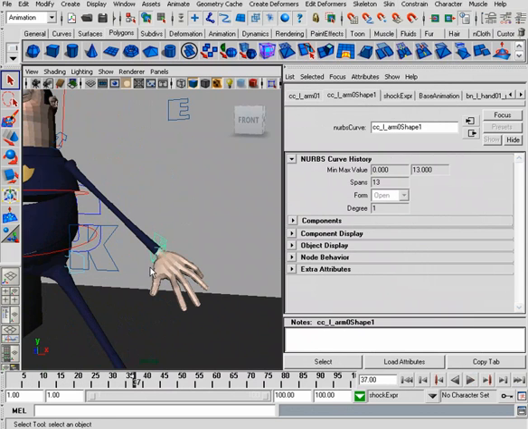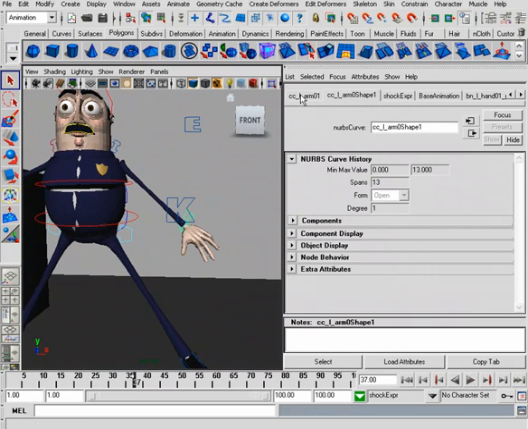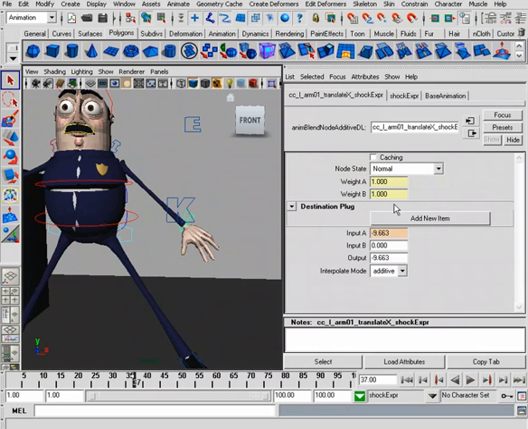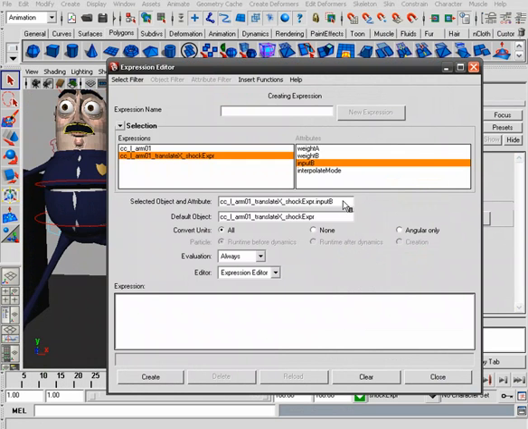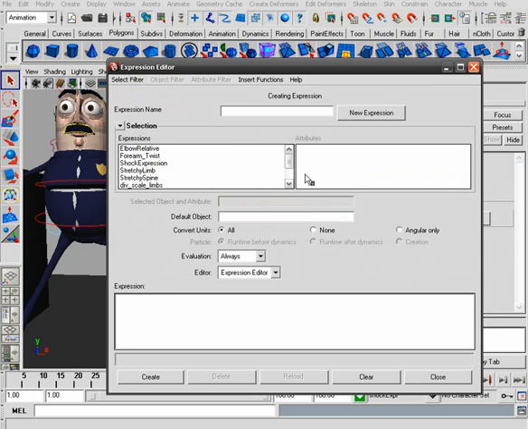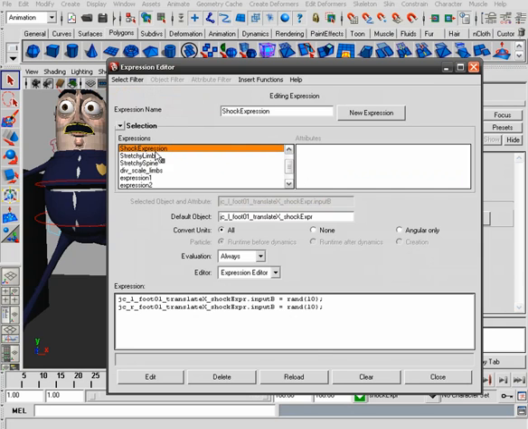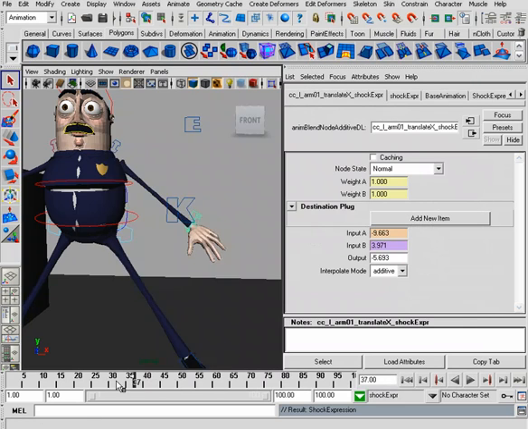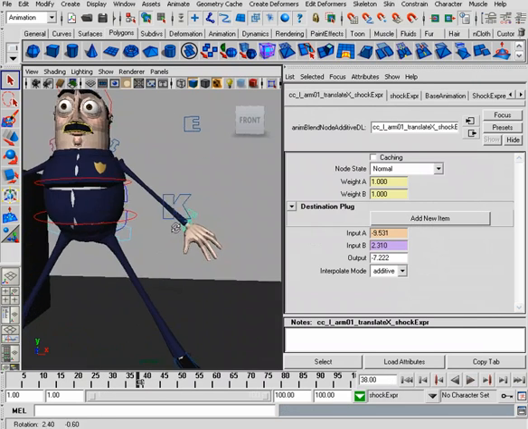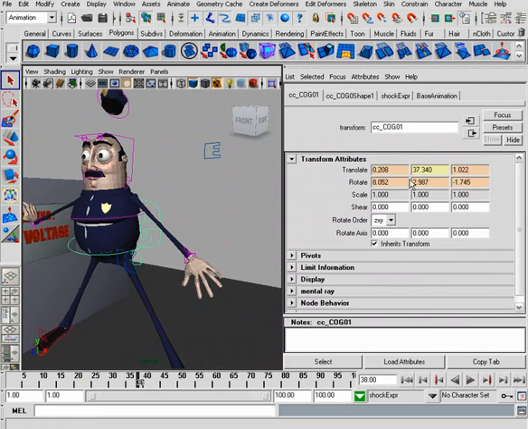We'll go to our left arm, go to the first tab, right click on the input B, we copy. Okay, we can go to now our expression, okay, shock expression, can paste, set this equal to, again, random value of 10, and put a semicolon to close off this expression. Choose Edit, and now we're getting this shocking in the arm as well. And now we'll just need to do that to the translate Y of our upper body control. So we'll right click,